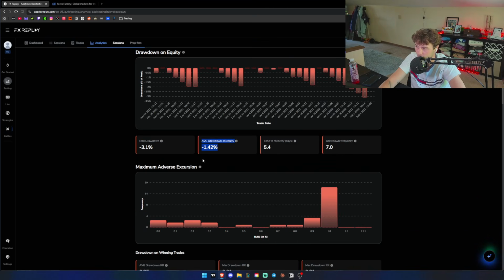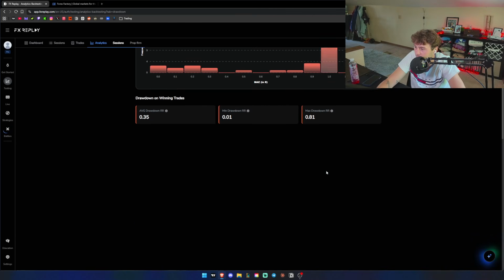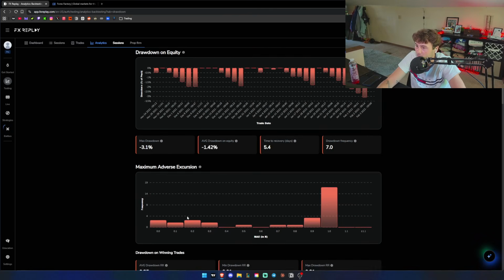Average drawdown is 1.42%. It's not too bad. What is this? What does this even mean? I don't even understand the frequency, but our max drawdown here is 3.3%. That's not great, but